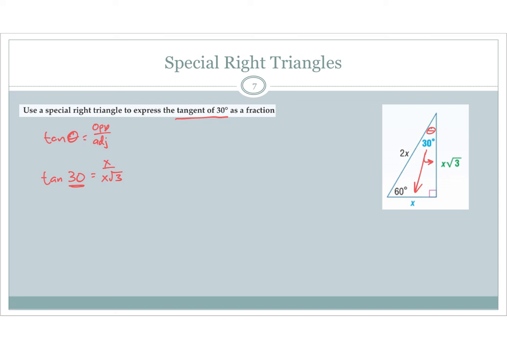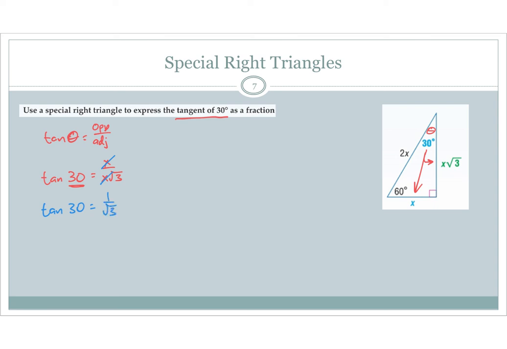Now I got 2 things in this. Number 1, I see an x on top and an x on the bottom. So that means eventually my x's are going to simplify and cancel out. And then I also have a root 3 in the denominator. I'm going to need to get that out. So first off, I'm going to simplify my x's, which means I'm left with the tangent of 30 is equal to 1